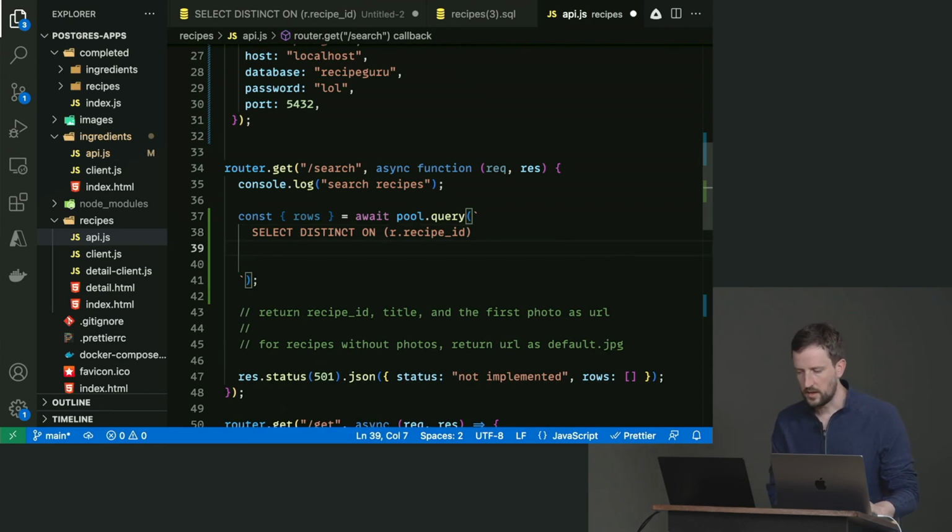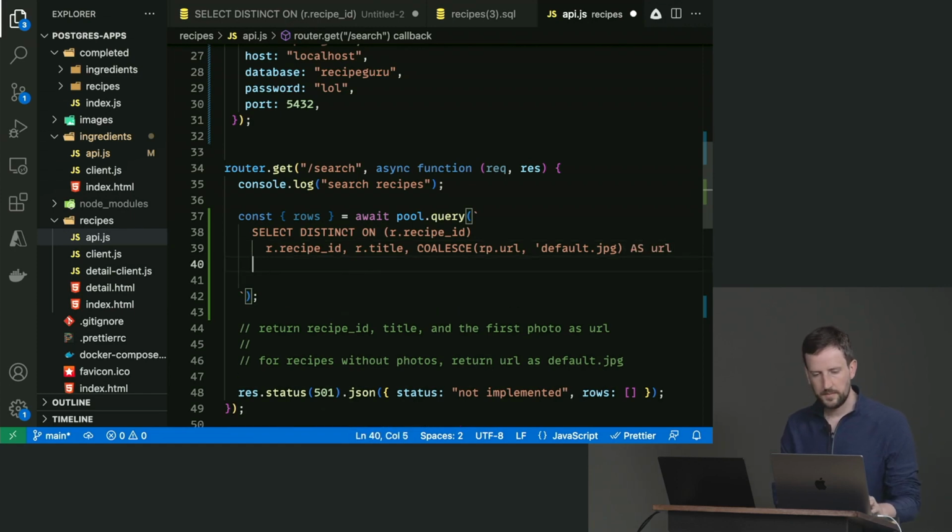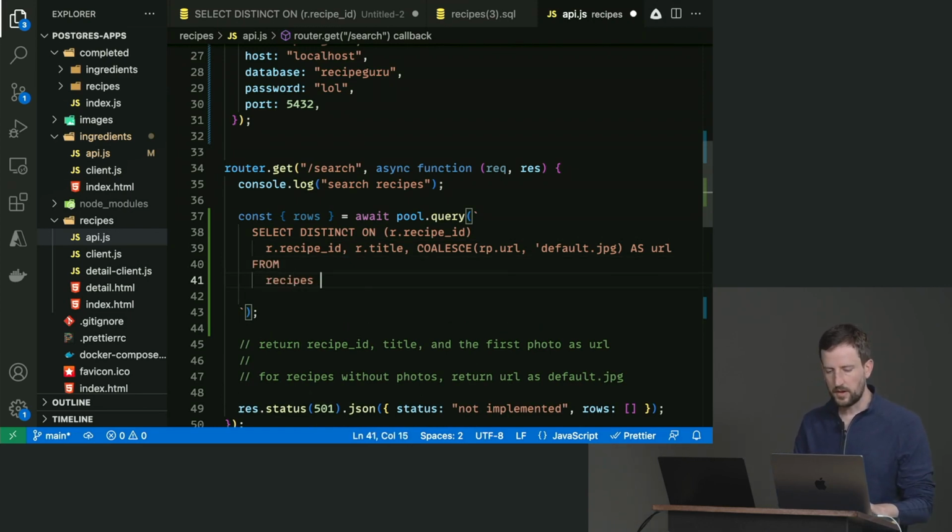We're going to say r.recipe_id, r.title. We're going to coalesce rp.url to 'default.jpg' as url. Okay. From recipes r,